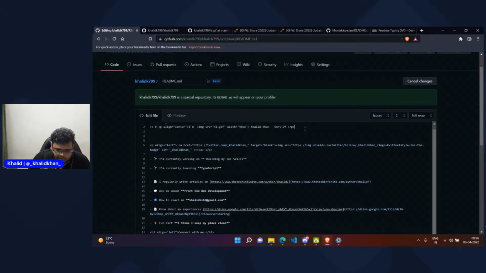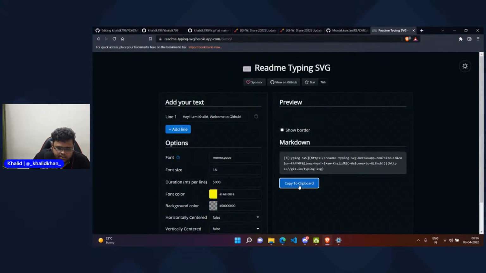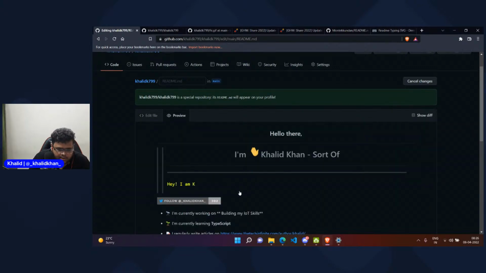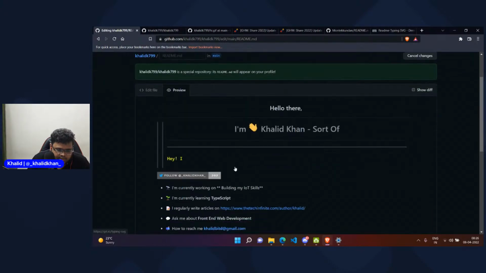I'll add this, sorry, copy to clipboard again and paste it over here. Khalid, welcome to. As you can see in my GitHub, it's quoted, highlighted by a single angular bracket. So as you can see, we have a typing SVG.